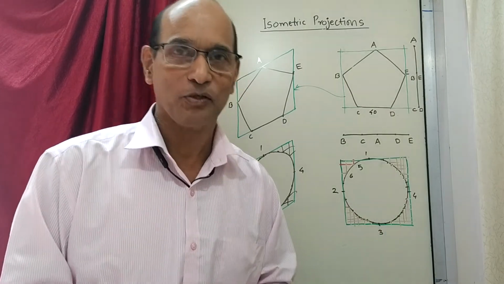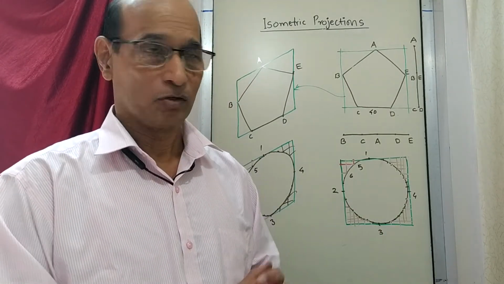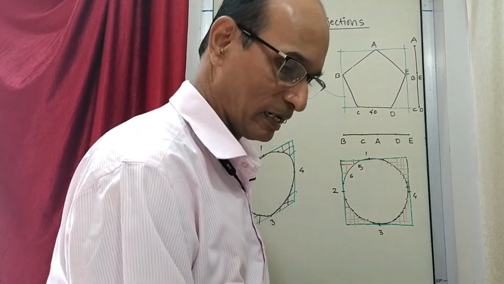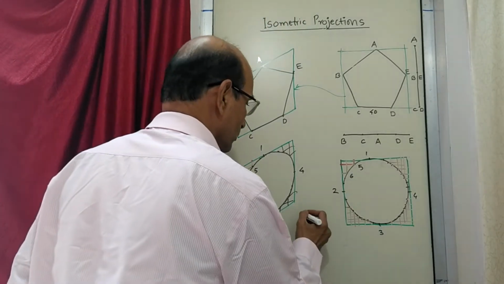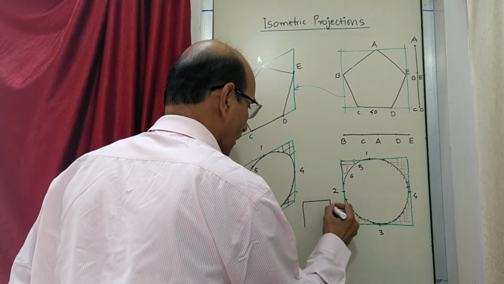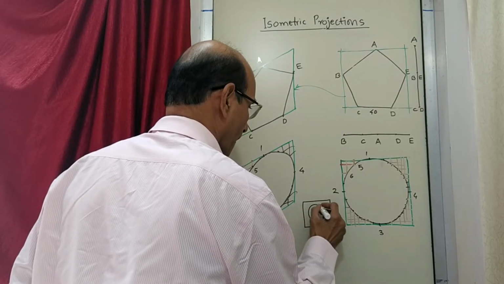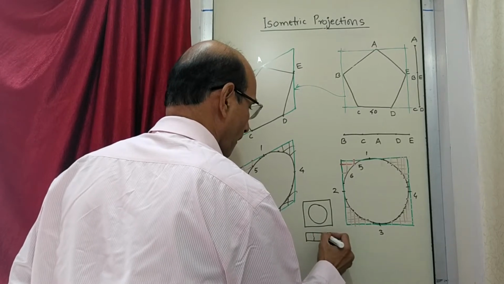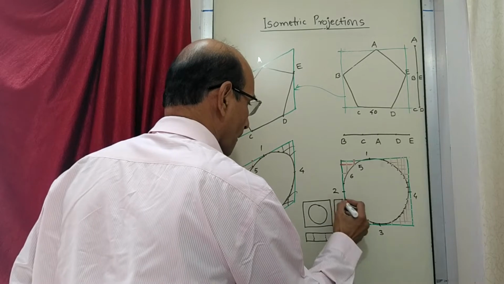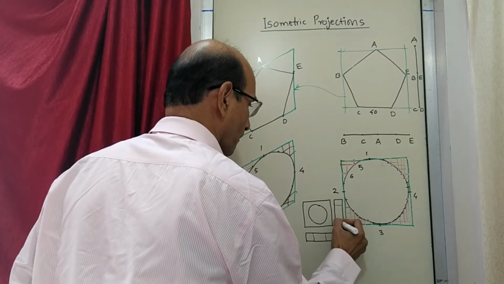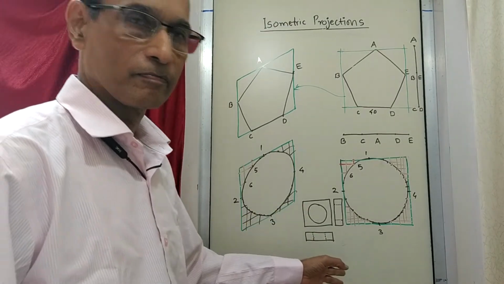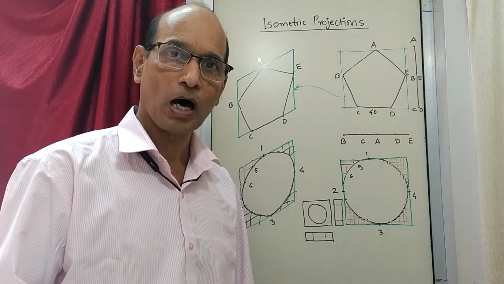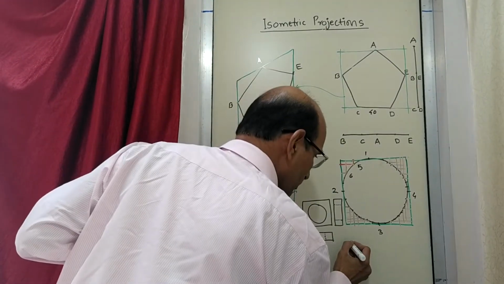Now imagine that you are given an exercise of drawing an isometric figure where the orthographic figures are given, and in the orthographic figures there are circles. Say for example, I am giving you an exercise where the orthographic view is like this. There is a hole here. This is the top view. And in the side view it is like this. So the object is given, there is a box, there is a hole, and you draw the isometric. Can you draw? You know how to draw. So first you will draw a box. That box will come something like this.